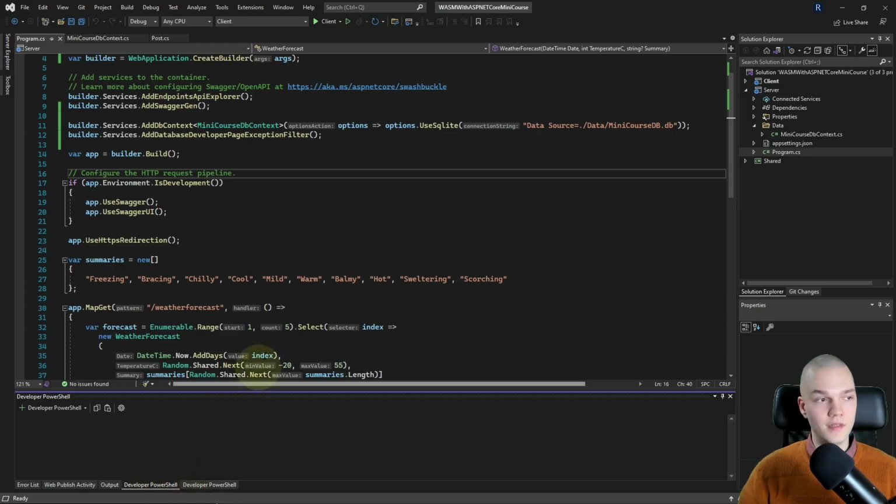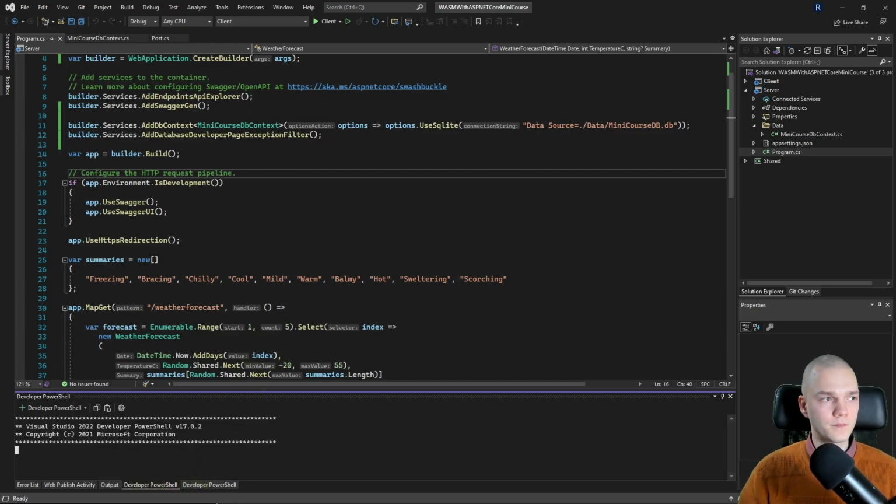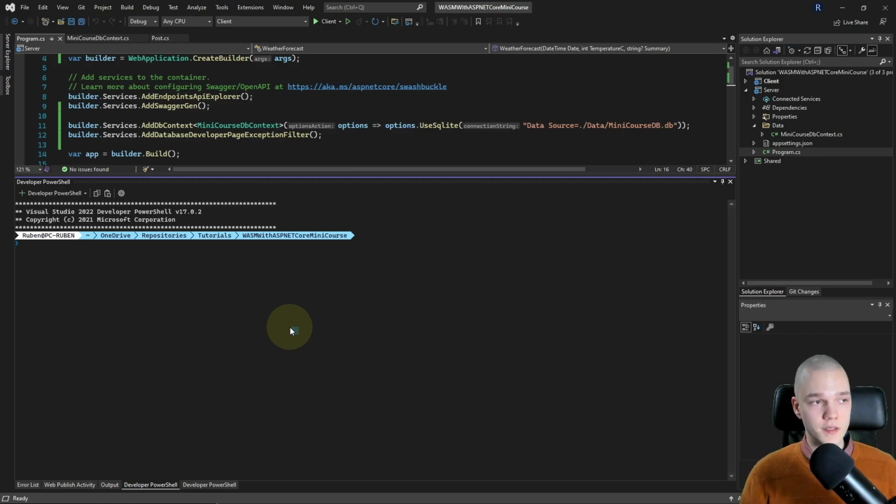I usually have them here below. And if you like the look of this terminal, check out the tutorial linked in the top right corner above me, where I show you how to get it fancy looking like this.